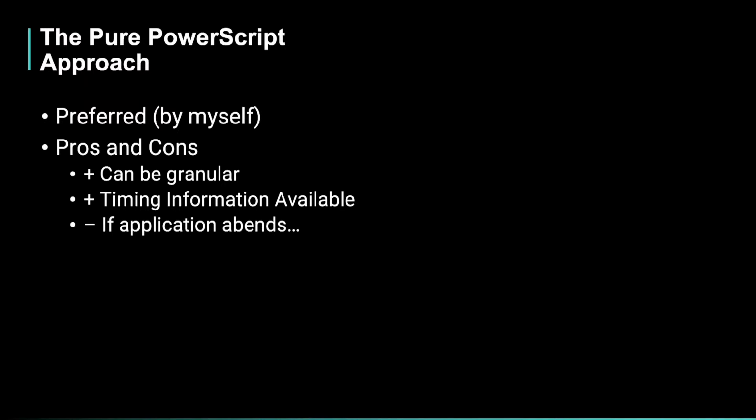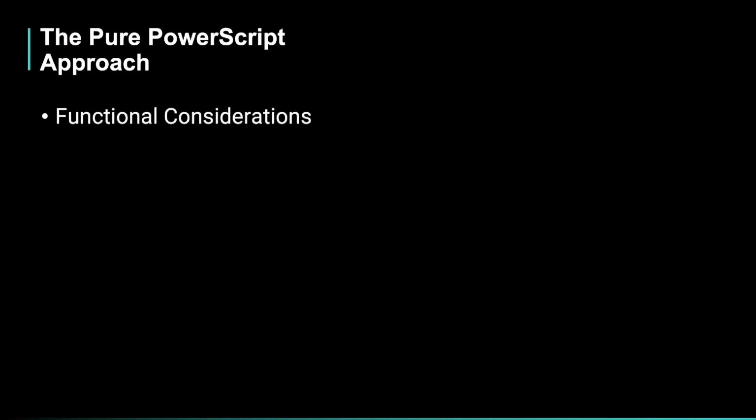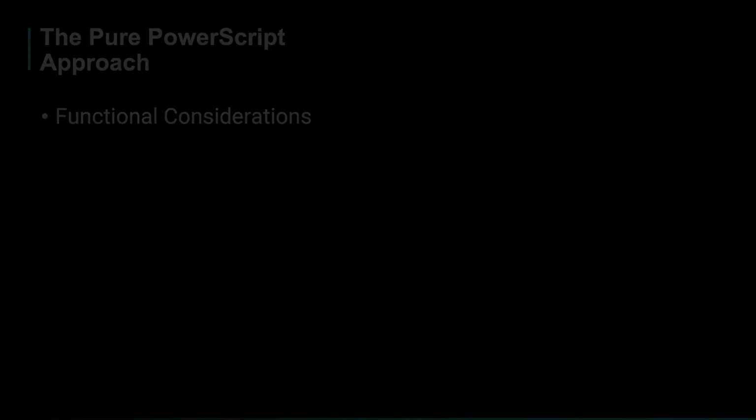However, there is one big Achilles heel to this: if the application abnormally ends, the trace end is never invoked, and the PBP file is not generated. And I'll talk about some functional considerations closer to the end of this presentation about how we can actually accommodate that, and be able to close the perimeter, tree the animal, and get it up the tree at the very least before it's captured. So we'll talk about functional considerations after I give you a look-see at the actual PowerScript itself.